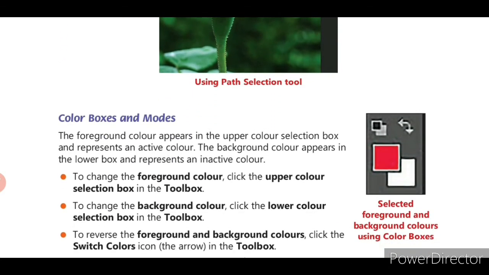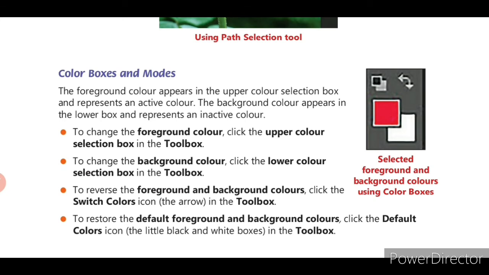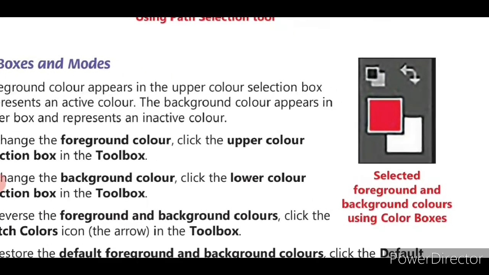Fine. So next we'll see about the color boxes and modes. The foreground color appears in the upper color selection box and represents an active color. The background color appears in the lower box and represents an inactive color. See this picture. Selected foreground and background colors using color boxes. So this picture shows the color boxes, whereas